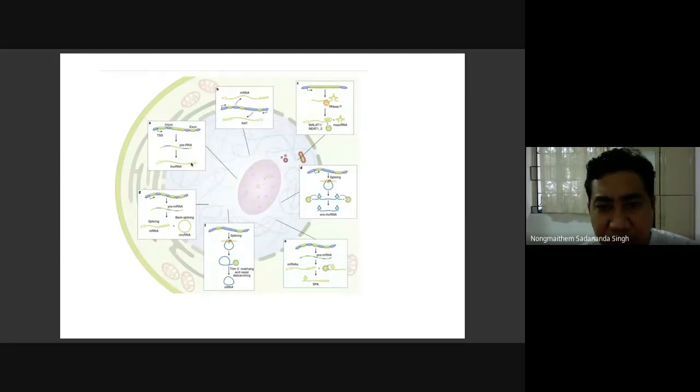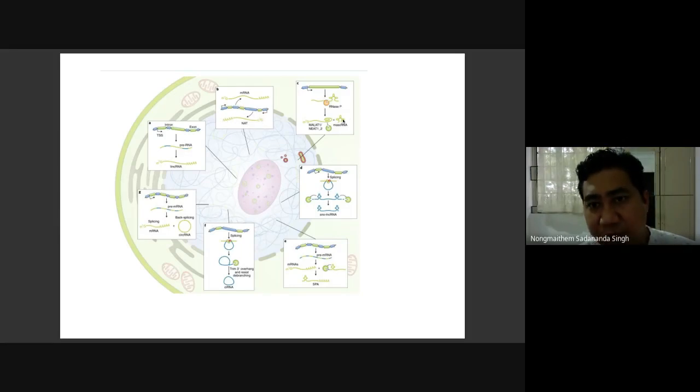So what has to be noted here is that most of the long non-coding RNAs are transcribed using RNA polymerase II, and as such, like any other mRNA, most of them are M7G capped at the 5' position, and polyadenylated. You can see here the long intergenic non-coding RNA, and then you have the natural antisense transcript, or NAT, which can also be transcribed by polymerase II.